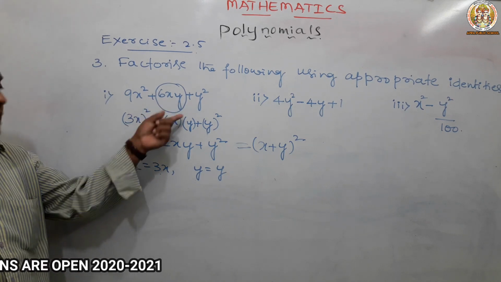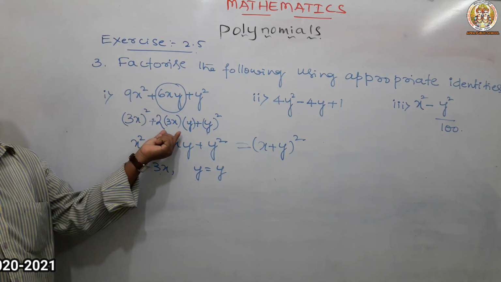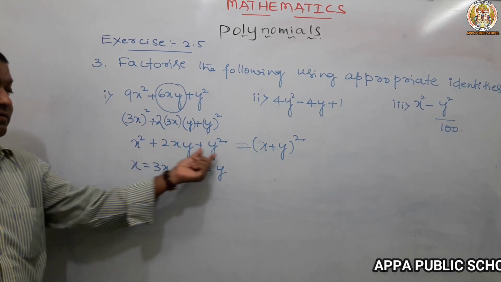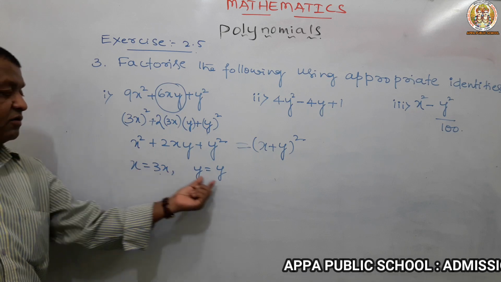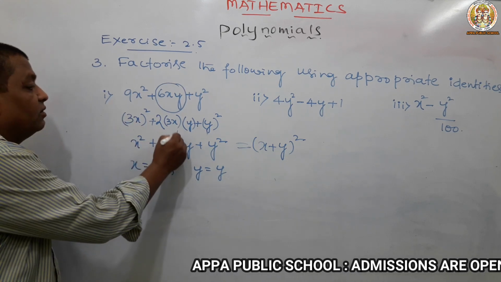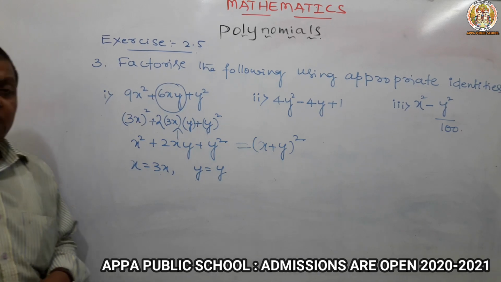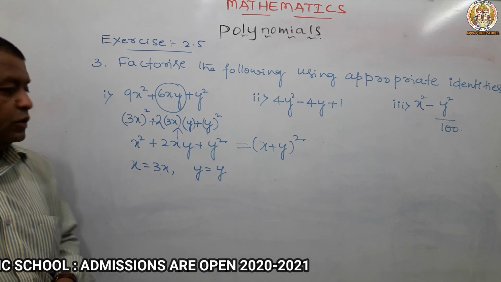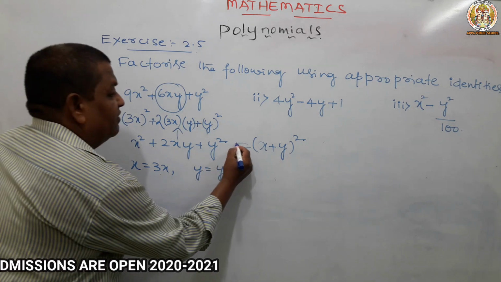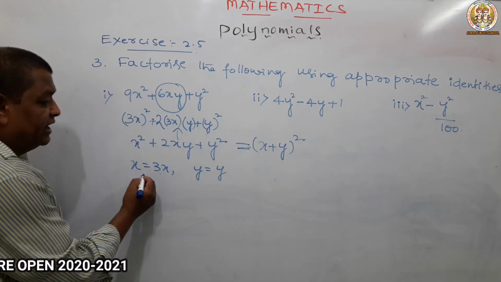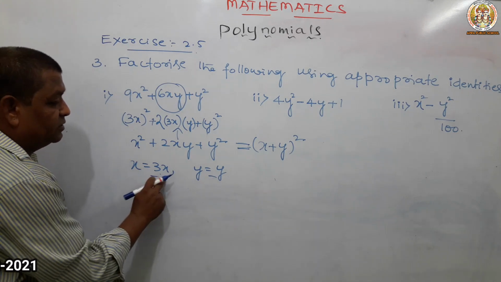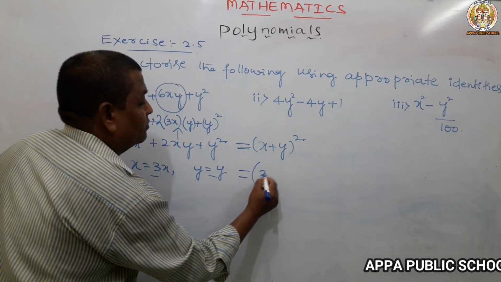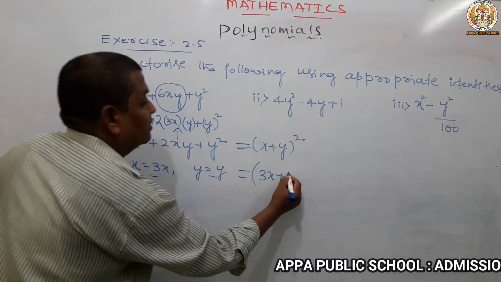So I showed how this place becomes easy. First you concentrate on these two. Afterwards write the formula and get the values of x and y. Next you go for this place. So it's becoming very easy instead of confusing. Okay. Are you perfect with direct? So you can do it. This is x plus y whole square. We need to substitute the values. We need to substitute these two values here. What is x? 3x. What is y? y.